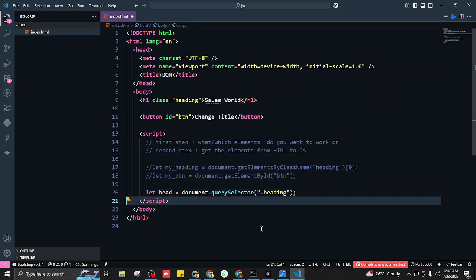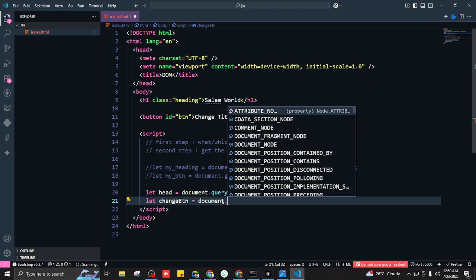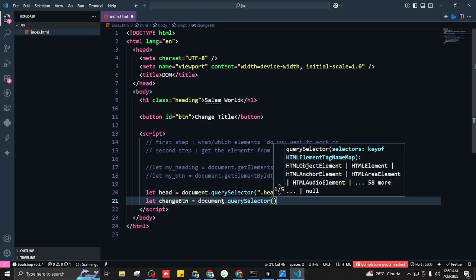Now I want to get the button with the same method. So I'm going to make a variable, and I'm going to say change btn. I'm going to name it change btn this time, or let's do it with camel casing. Again, this can be anything. The variable you want to make could be anything. So how do I get the button? How do I get it? Document, good, and then dot query selector, good, and then parentheses,